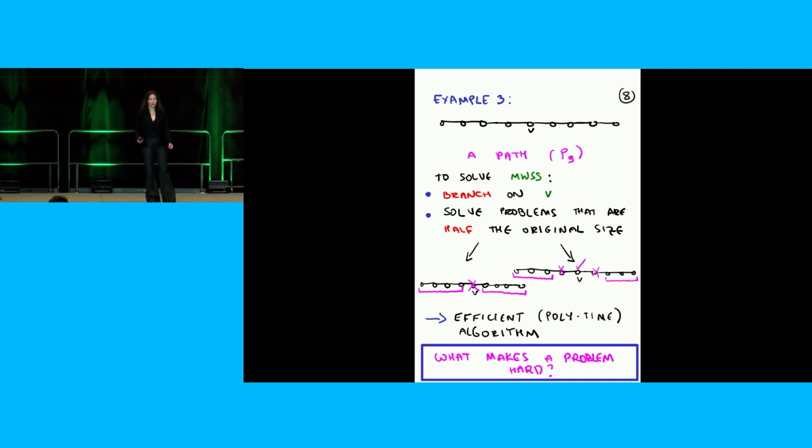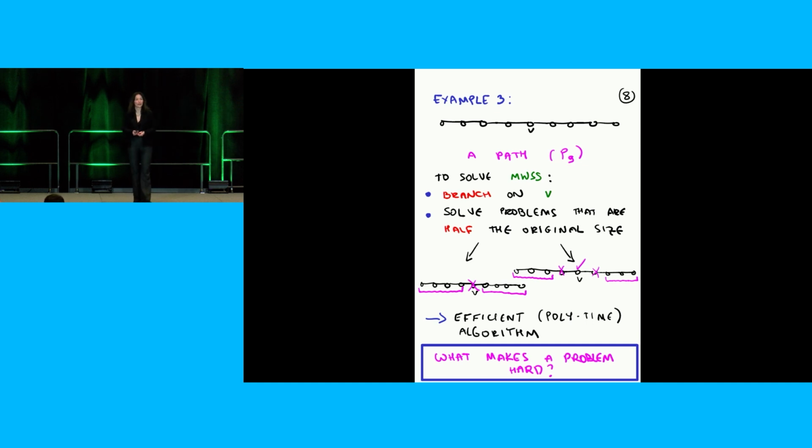Okay, so what did I do? I branched. And now I have 4 problems, but each of them is only half the size. And that's good. It turns out you can analyze this, and that gives you a polynomial time algorithm to solve this problem. Okay, so still easy. Maybe not quite as easy as when there are no edges or when all components were small, but still definitely something you can do.